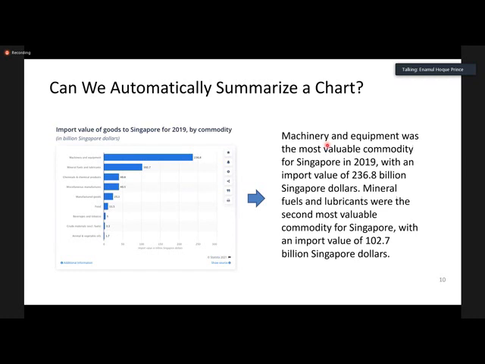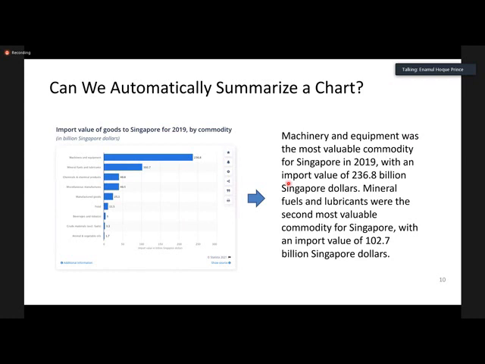The problem here is quite simple. We have a chart as input, and we want to generate a textual caption or textual explanation as output. Now, if we can do that, that has a lot of applications.